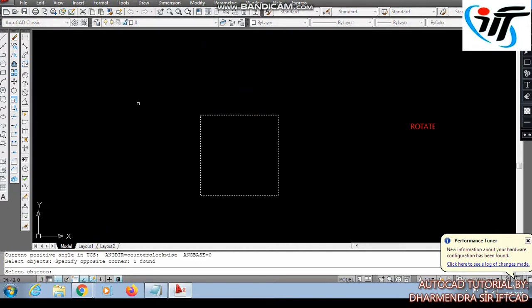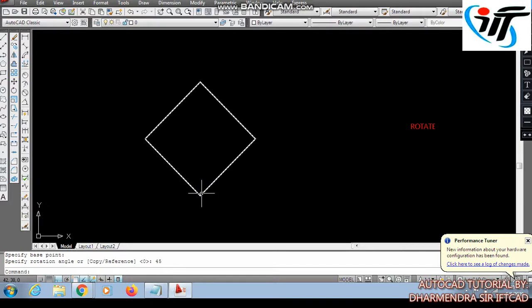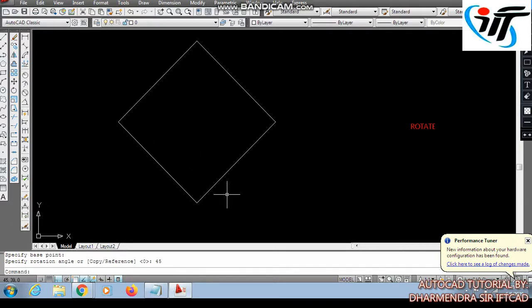Select object, enter. For the base point we will click on any corner and we will provide the rotation angle. I am giving here 45 degrees to rotate the particular rectangle.